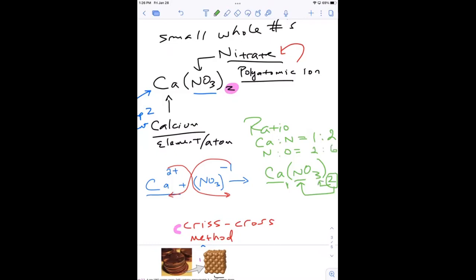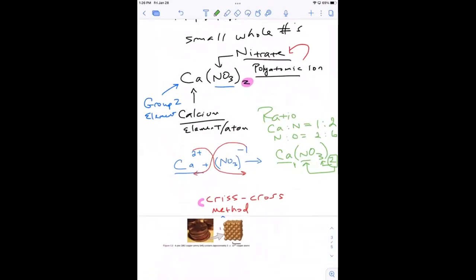So it's 6. So 2 to 6. And don't worry about if it's not clicking, because we're going to do a lot of this. I'm just using this to make a point. That when you make compounds, they come together and they have specific ratios of atoms in those compounds. All right. So the ratio of calcium to nitrogen is 1 to 2, nitrogen to oxygen 2 to 6, and